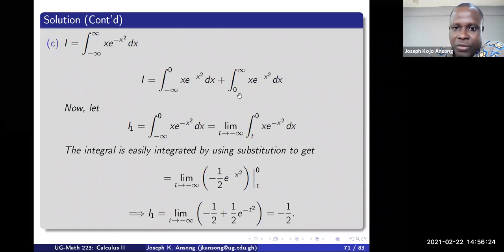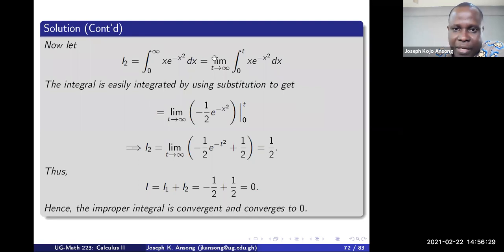The next is to do this one, following a very similar approach. In this case, I replace the infinity here with a t, and then integrate again, use the method of substitution, and you end up with this. Plug in t, and you have this expression. As t goes to infinity, the first term here goes to 0, and you have 1 over 2. Okay, so you added two expressions. In the first case, we got negative 1 over 2. In this case, we have positive 1 over 2. When you add them, you get 0. Hence,